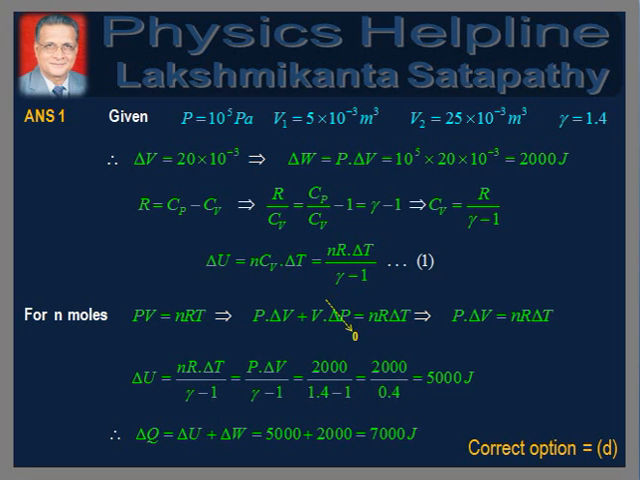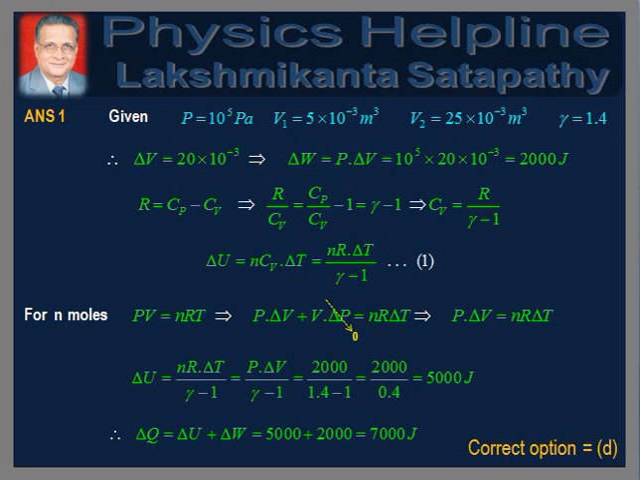Therefore, we have the change in volume delta V is equal to 20 into 10 to the power minus 3 meter cubed. This implies that delta W is equal to P into delta V, which is equal to 10 to the power 5 into 20 into 10 to the power minus 3, which is equal to 2000 joules. Now, the two specific heats of the gas are related as R is equal to Cp